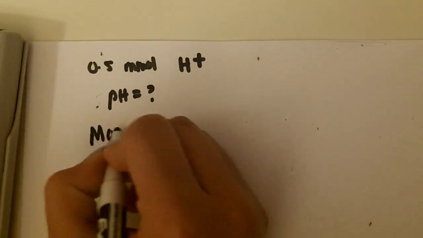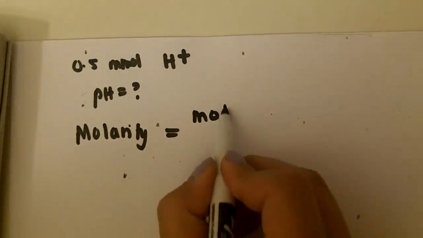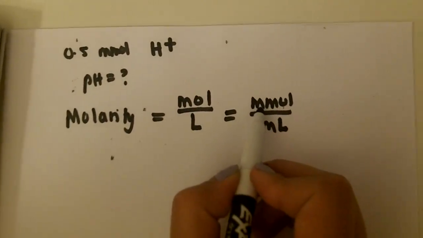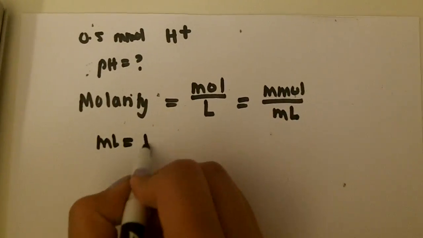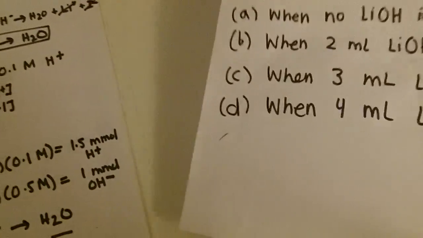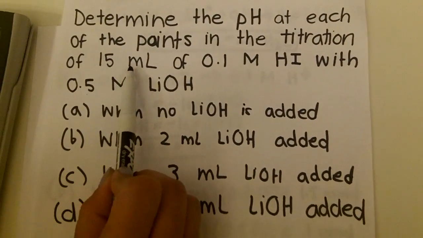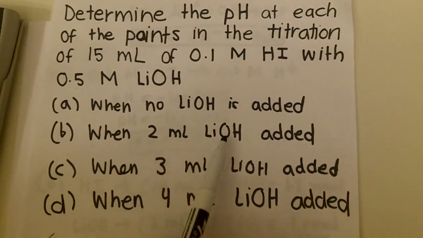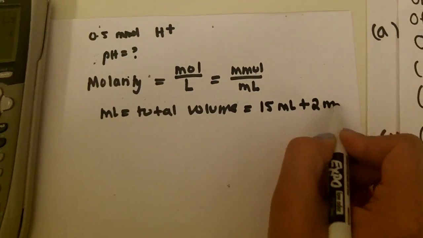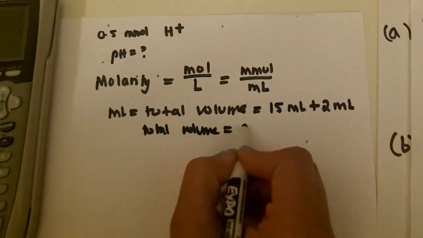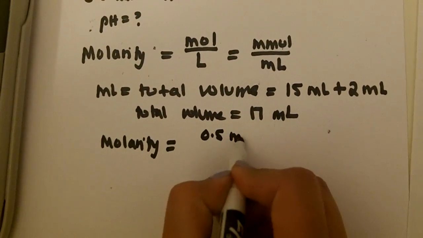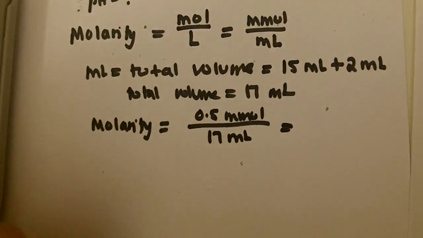Well, we know that molarity is equal to moles over liters, which is also equal to millimoles over milliliters. We know what the millimoles are, it's 0.5, but the milliliters is the total volume. For total volume, we have to remember to add the volume of both the hydroiodic acid and the lithium hydroxide. We have 15 milliliters of hydroiodic acid, and we added 2 milliliters of lithium hydroxide, so our total volume is 17 milliliters. Now we have our milliliters and our millimoles, so molarity will be 0.5 millimoles divided by 17 milliliters, which is equal to